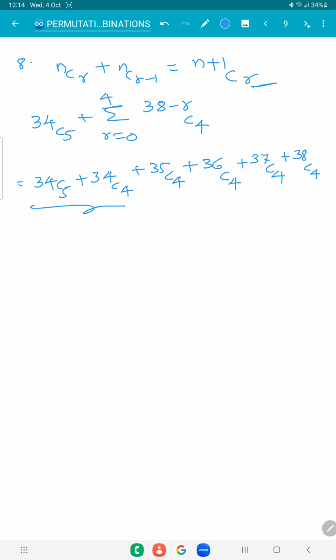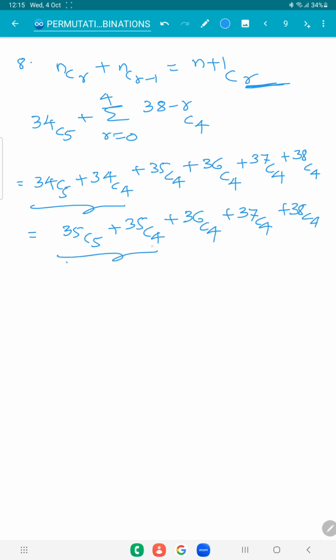Once observe that, apply this formula. n is equal to 34, r is equal to 5. So n plus 1 means 35C5, plus 35C4. Remaining terms are as it is: 37C4 plus 38C4. For these 3 terms, we have to consider 36C5, 36C4 plus 37C4 and 38C4. Again for these 2 terms,